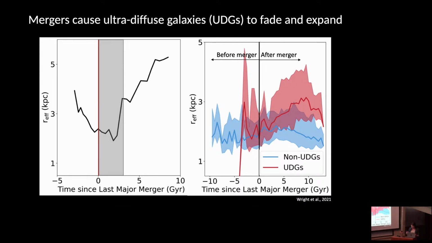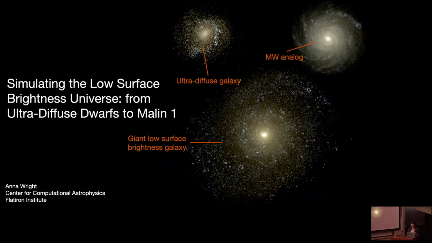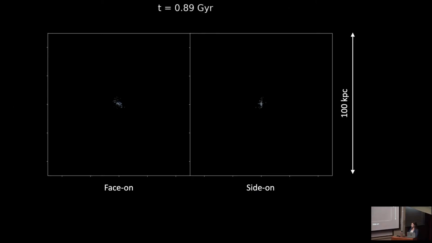But the big difference between them is that the last major mergers of those that will ultimately become ultra-diffuse and fluffy is that they basically have a much more efficient conversion of orbital angular momentum during the merger into specific angular momentum. Okay, so seems like major mergers with high spin is a way to make a very large and diffuse dwarf galaxy. But how do we make a very large and diffuse galaxy that is the mass of the Milky Way? Well, at least in Romulus 25, the simulation we're using here, giant low surface brightness galaxies also form